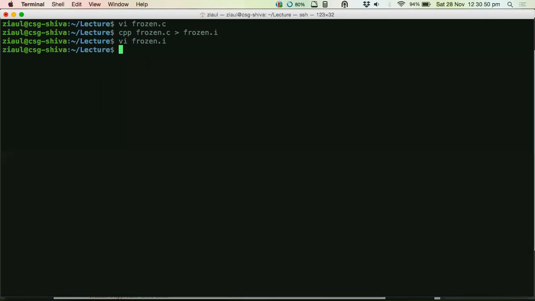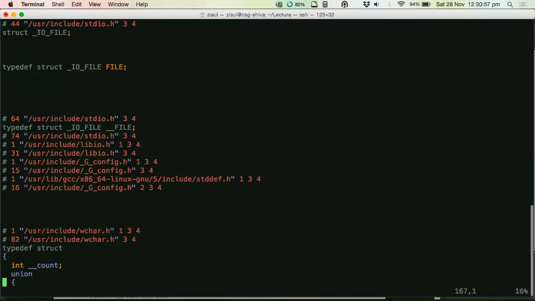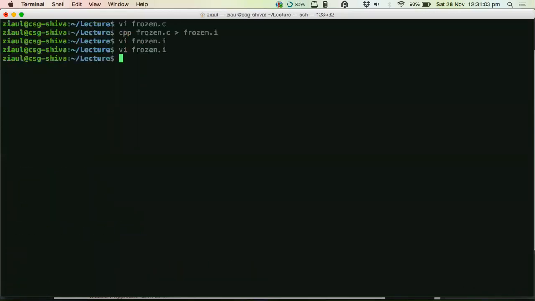So just another doubt. What are the .i files for? The .i is just for the preprocessed file. I have started with a .c file, right? So then the .c file gets converted to a .i file, and that .i file is seen by the compiler and then compiled. Sir, what's the use of the command vi? Vi is for the vi editor. Just like you use Notepad, right? You say Notepad and then you write the file name. Similarly, vi is an editor which says, vi, open this file.